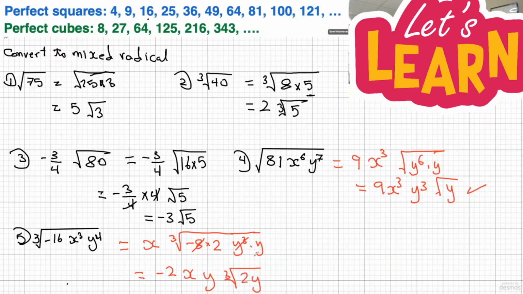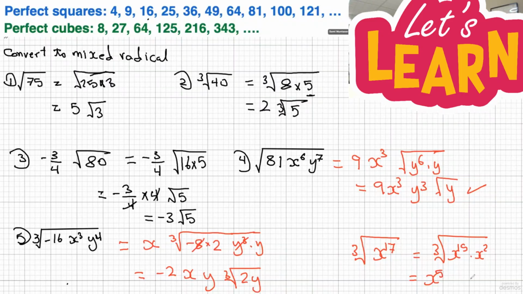This 2 and this y, you cannot cube root them because they're not perfect cubes. To give you an example, like if it's a cube root of x to the 17, for instance, you need to change that into cube root of, because that's not a perfect cube, but if you make it x to the 15 times x squared, then see how the 15 divides by 3? Then that becomes x to the 5, because 15 divided by 3 is 5, and then it's cube rooted,